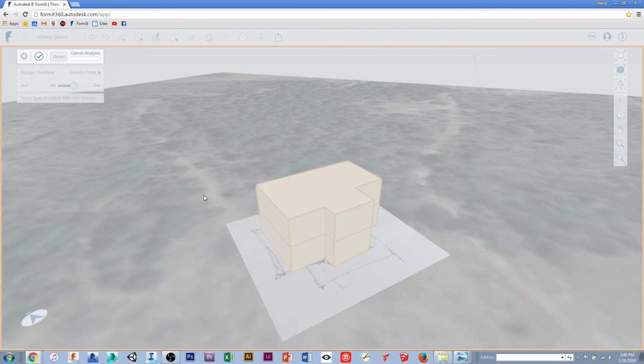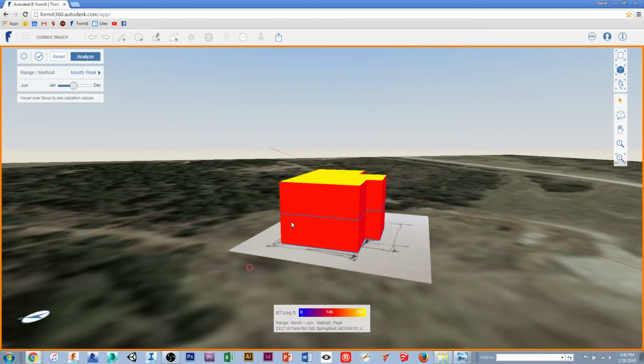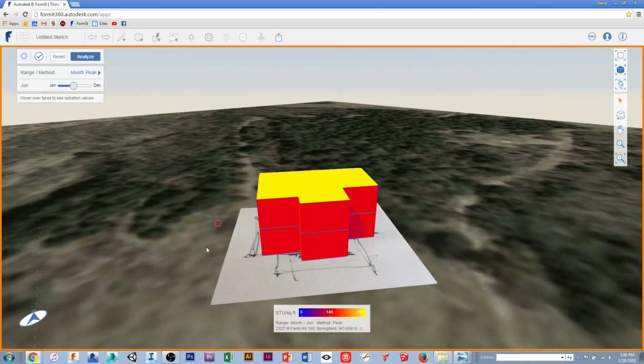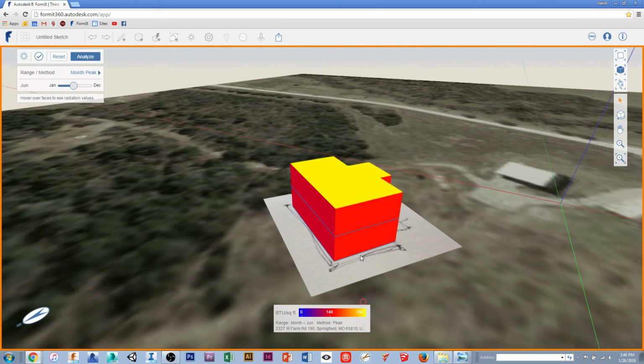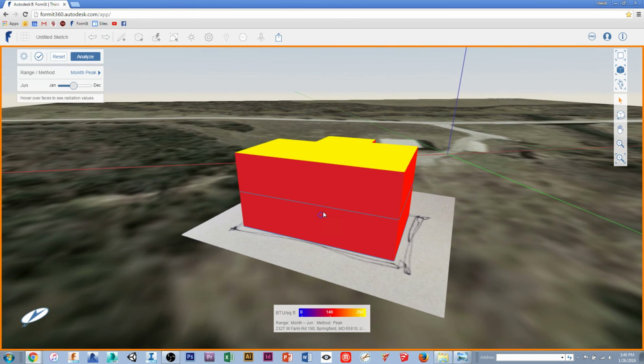I'm going to click Analyze. It's going to take just a second to run that. And I can see the roof is 300 BTUs per square foot, which is a lot. The sides, both the south and the southeast and west, are all pretty high. Drops off a little bit. This red's just a little bit darker on this side. And again, I can hover my mouse over any given surface, and it's going to give me my month average